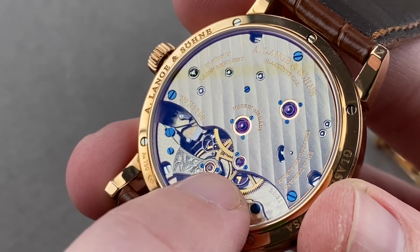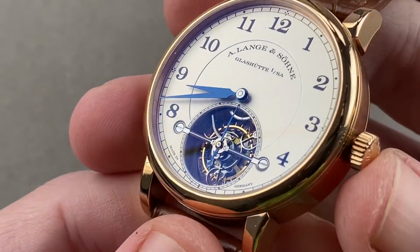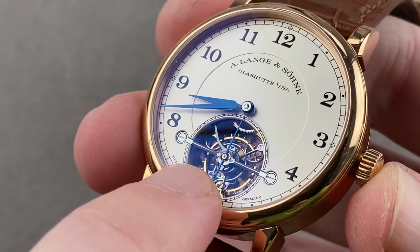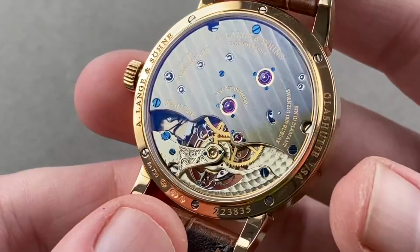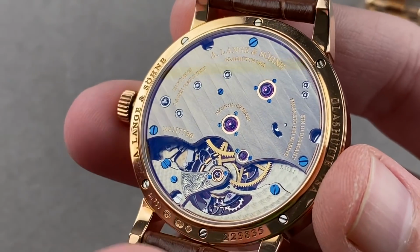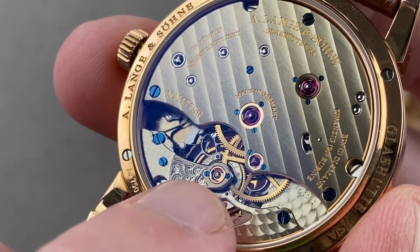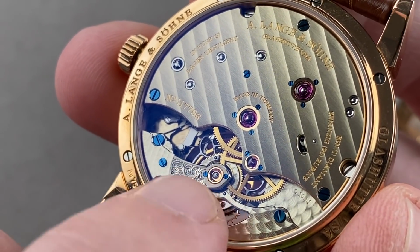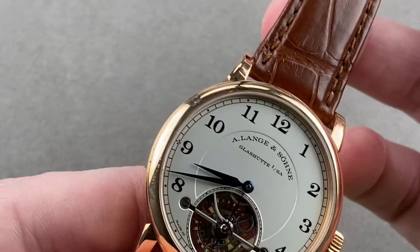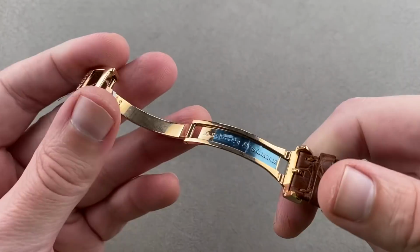Some of them hold golden chatons that fix the pivots in place, but when you turn over to the dial side, you can see that we also have black polished screws on this watch. We actually have both types. 3/4 bridge, evocative of pocket watches, and this is a 3-day power reserve. Take note, the underside capstone for the tourbillon carriage is a real brilliant cut diamond. So you get an awful lot when you buy this Lange tourbillon,